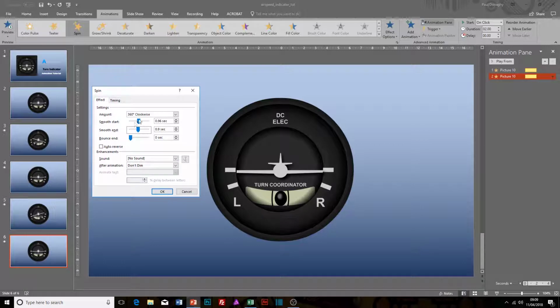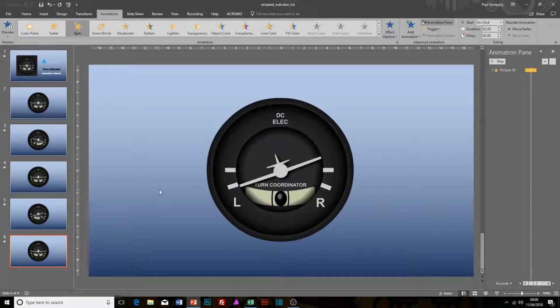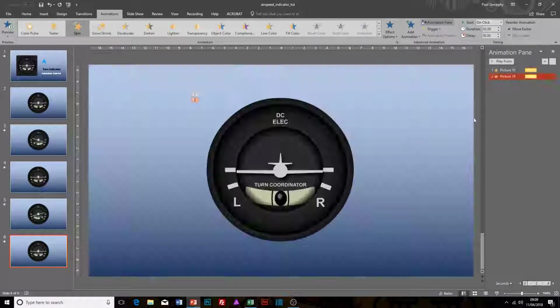And this time I'm going to go to counterclockwise, and I'm going to go 40 degrees because I want it to go to the middle and bank back round again. So if I go 40, oops, and press return, okay, and then go okay. So that should go a bit too far, but it's because it's after the first animation, which is already the